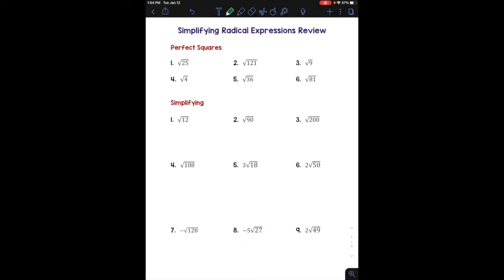Guys, today's lesson is on simplifying radical expressions review. The first thing we're going to discuss are perfect squares. Perfect squares are numbers made from multiplying a number times itself. So for example, the first perfect square, 1 times 1 is 1, 2 times 2 is 4, 3 times 3 is 9, the next one would be 16, 25, 36, 49,